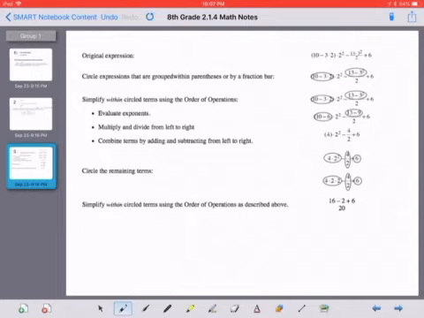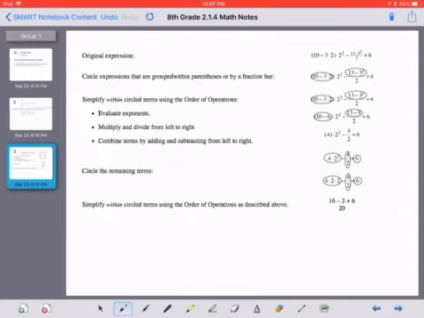So as we jump down, we can say, okay, I know that it's 10 minus 6, because 3 times 2, which is going to give me 4. And 3 squared is 9. 13 minus 9 is going to give me 4. So then I can recircle my terms, because I want to include the exponent, and the 4 divided by 2 and the 6. So this time, I get 2 squared, which is 4, times 4 is going to give me the 16. 4 divided by 2 is 2, plus 6. So I get 16 minus 2, which is 14, plus 6 is going to give me a final answer of